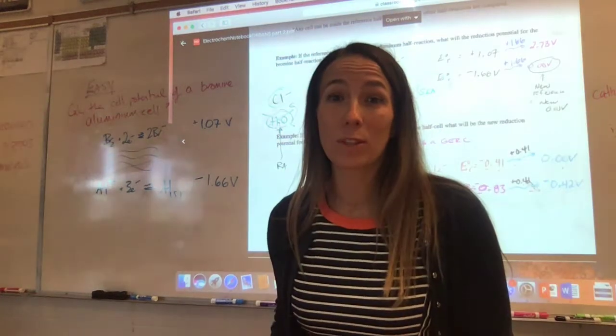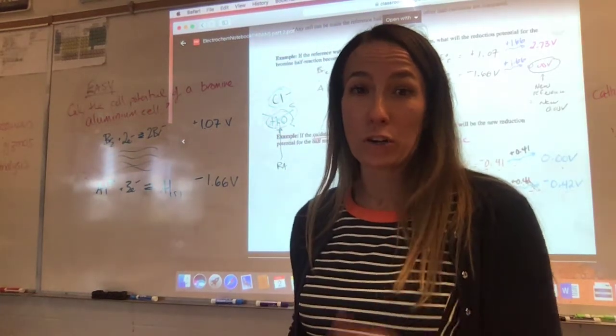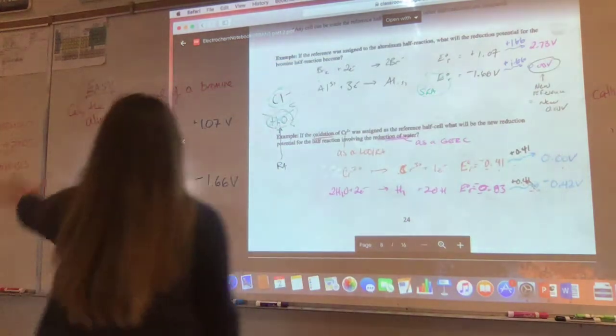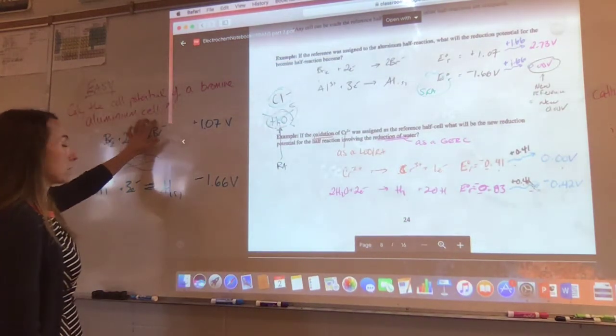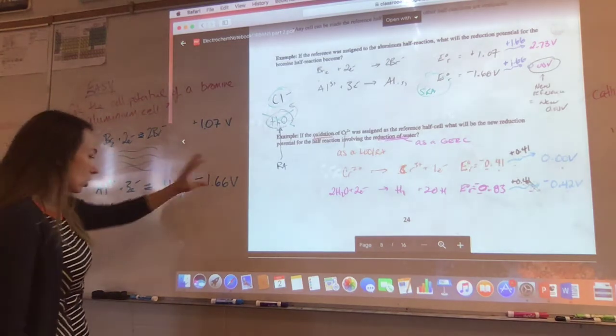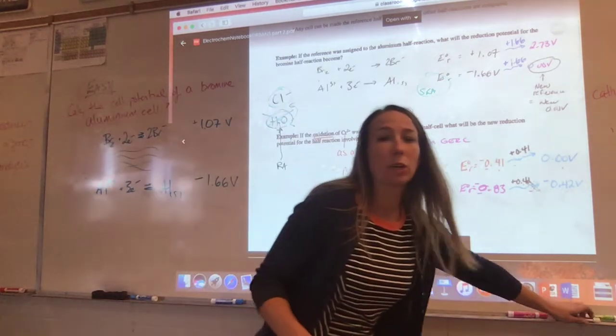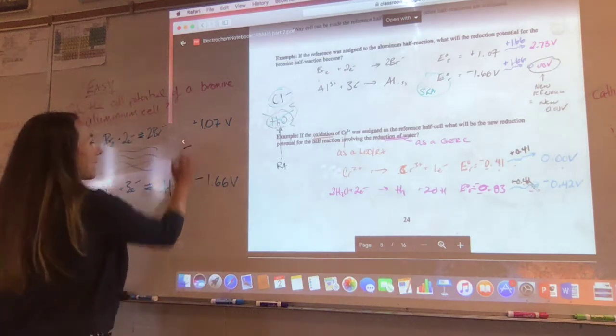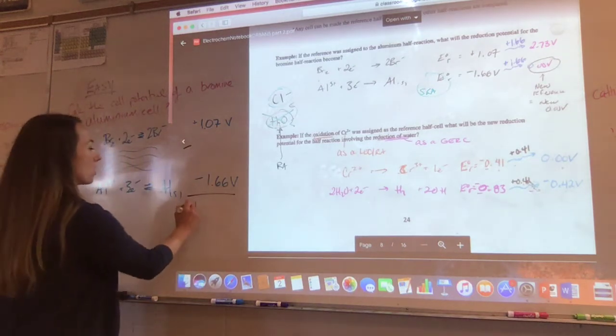Okay, calculating cell potential: easy, medium, and hard. So easy is calculate the cell potential of a bromine aluminum cell. I look up in my data booklet, there's the bromine half reaction, there's the aluminum half reaction, and super easy, I'm going to go top minus bottom equals